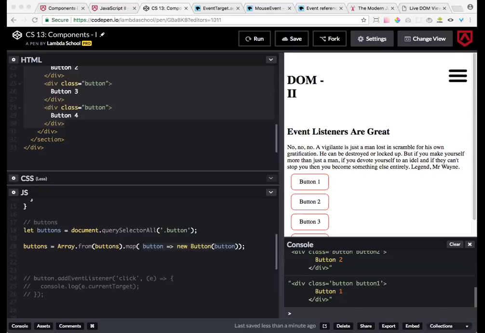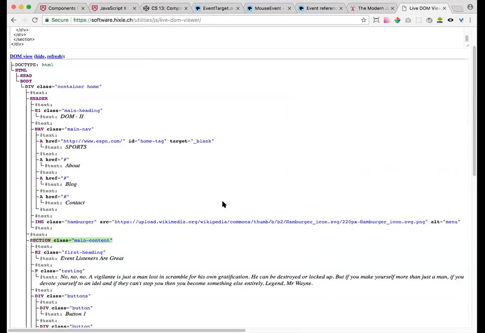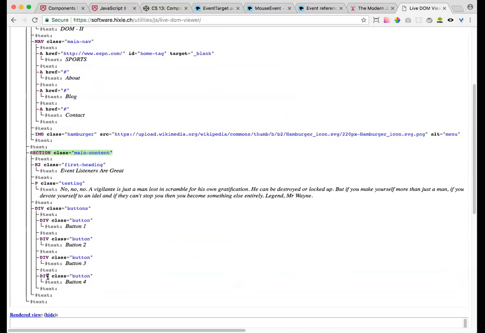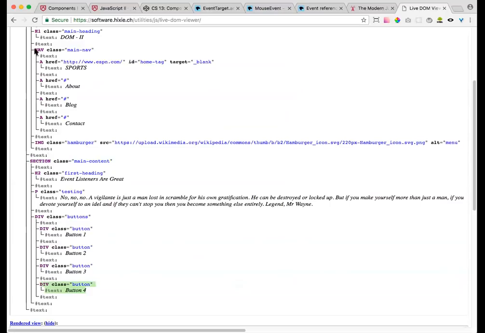Akshay says, do you have a preference? I prefer the DOM way if I can do it. I can't always do the DOM way because sometimes the tree is so large that trying to traverse the DOM tree. So for example, going back to our DOM tree version, let's say we wanted button 4 to, using the DOM tree, manipulate the main nav up here. Ooh, that's a lot of traversal, right? And so in this case, it might not be wise to use the DOM way. And in fact, it wouldn't even be wise to use the this keyword,